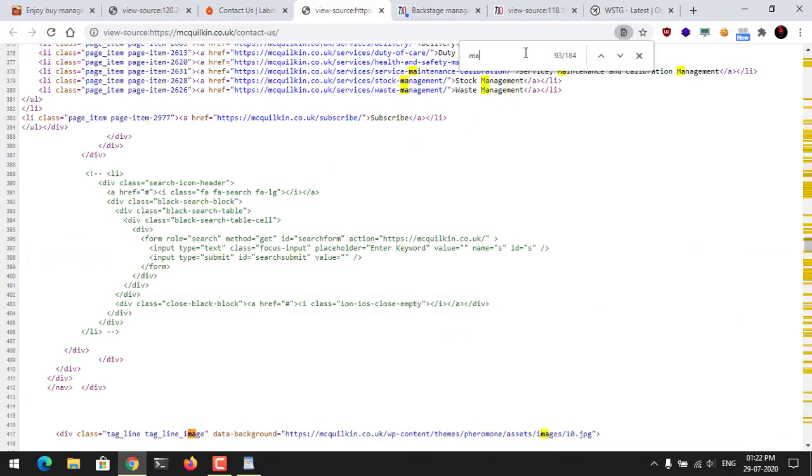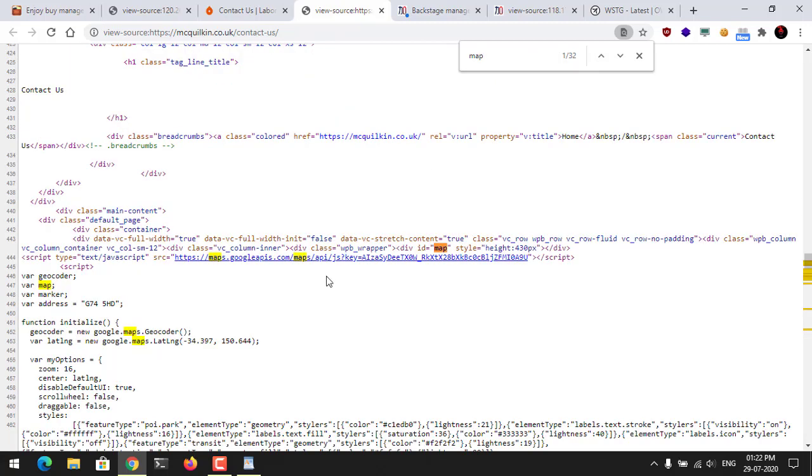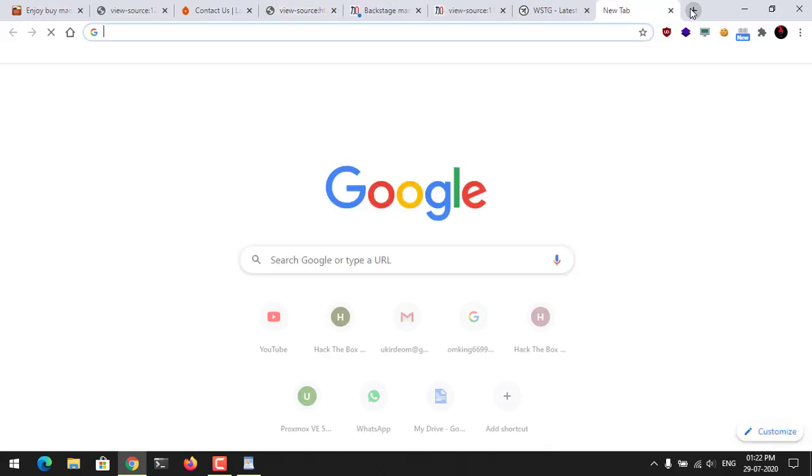What we will do is search map. Okay, so I think this is the first result with map. So we can see this one, key equals to. We can copy this key.